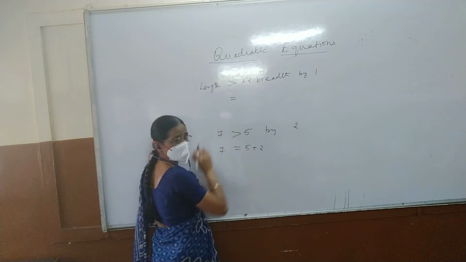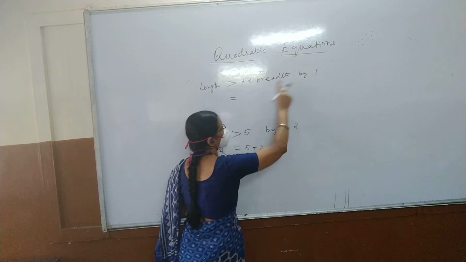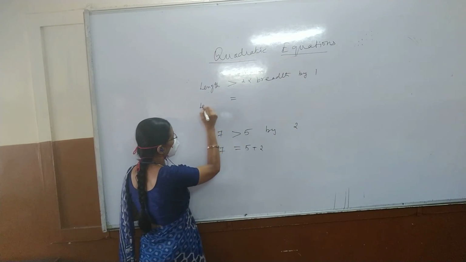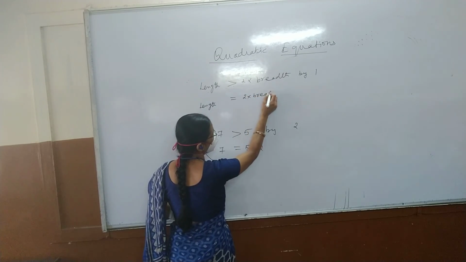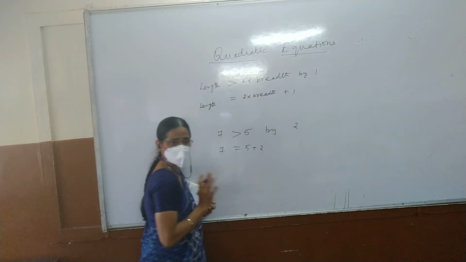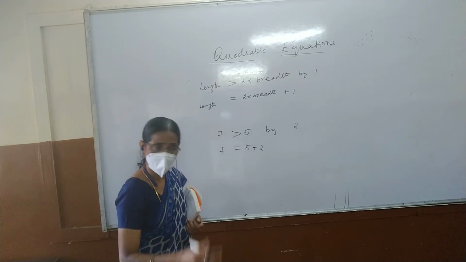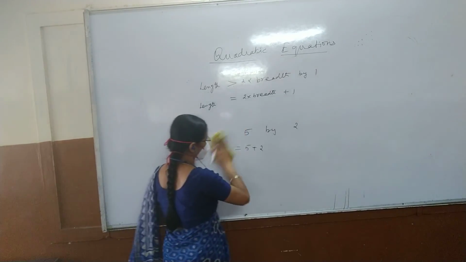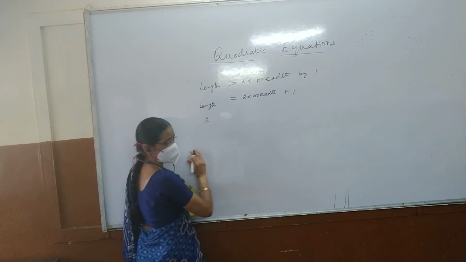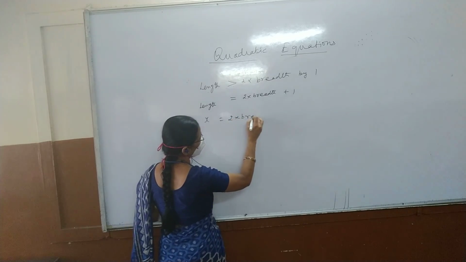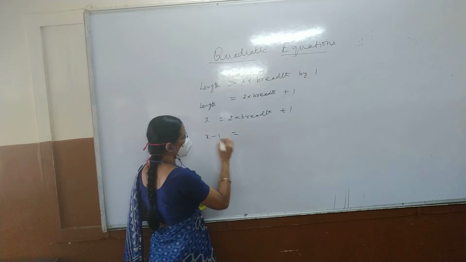I want to bring equality sign here. Yes. Right? So where this 1 should be added? Breadth. So length is equal to 2 into breadth plus 1. Right? Now what do you want to fix as x? It can be length or it can be breadth. Suppose if I take length as x, then breadth I have to find out in terms of x only. So x minus 1 is equal